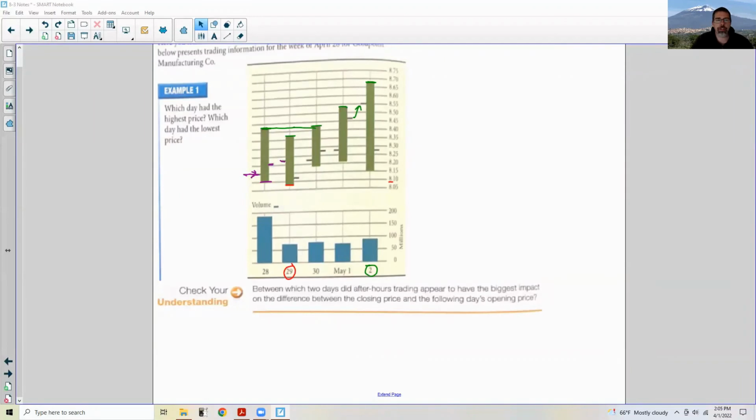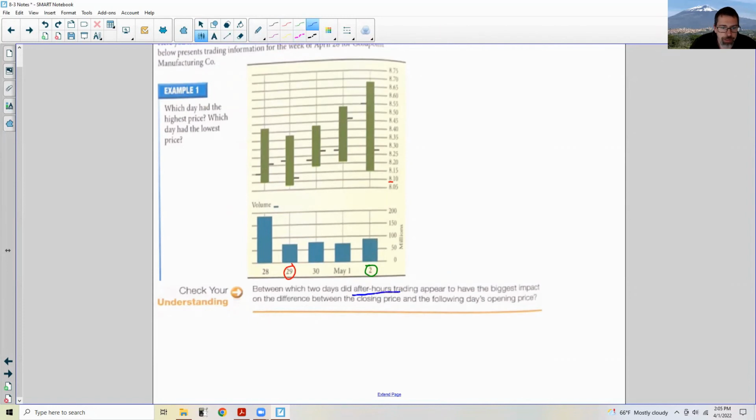Okay, now the check your understanding says, between which 2 days did after hours trading appear to have the biggest impact on the difference between the closing price and the following day's open? So let me erase all of this. All right, I like how they're addressing the open and the close and the